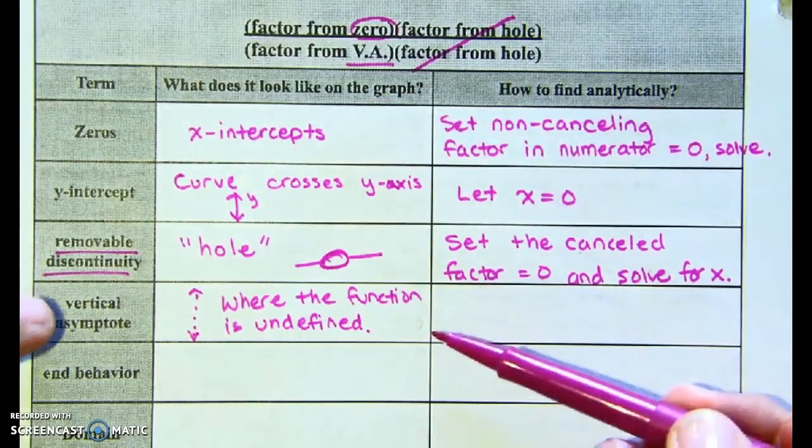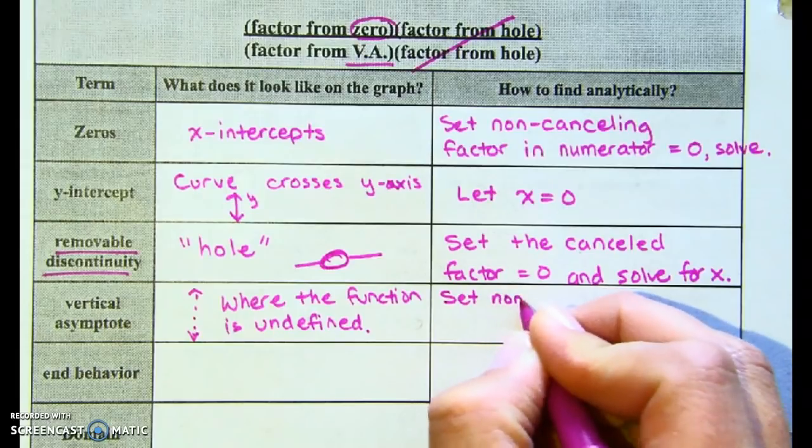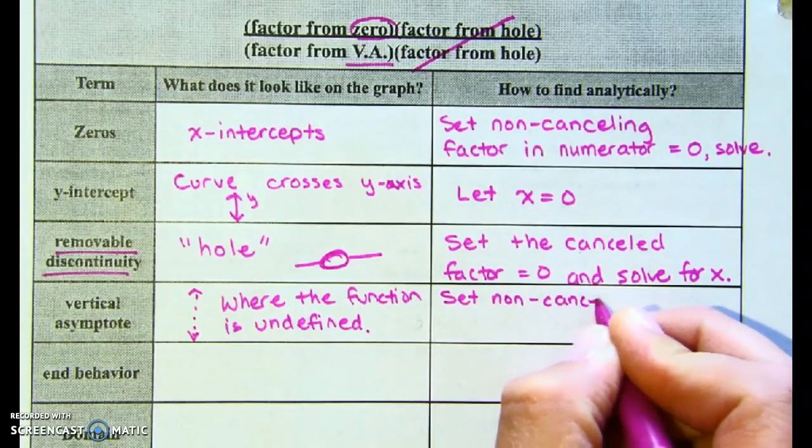So how do you find the vertical asymptote? So this would be set non-canceling